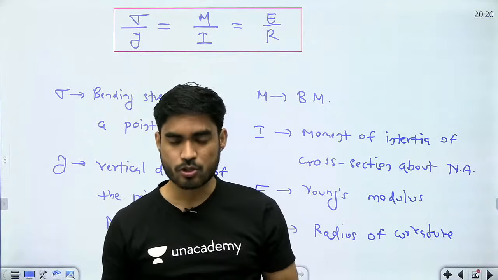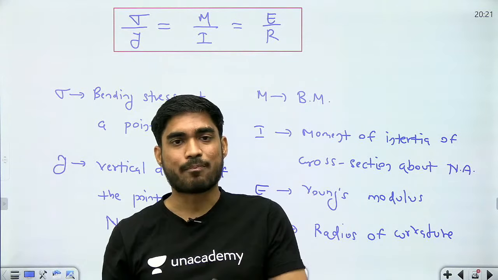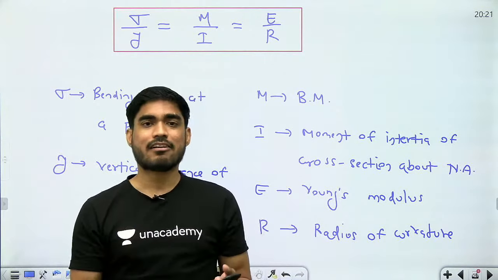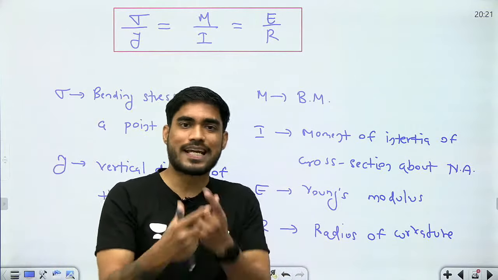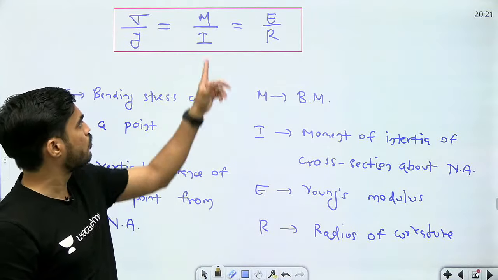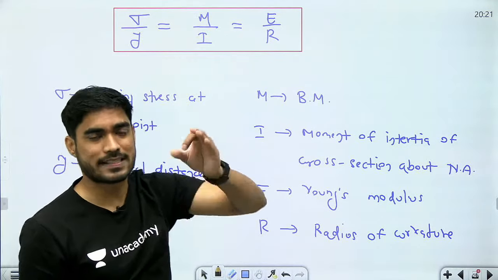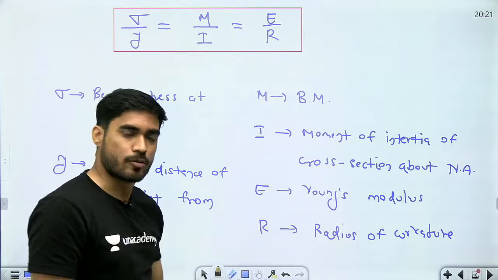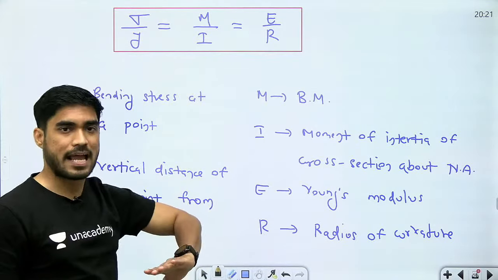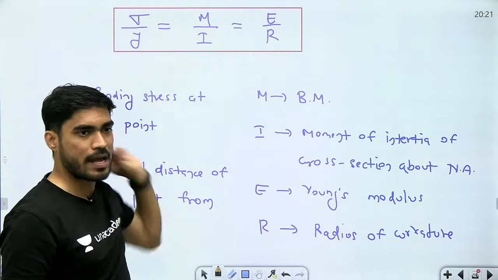लोडिंग कंडीशन मींस you should know how the beam is supported and how the beam is loaded. For example, whether it is cantilever या simply supported. If it is cantilever या simply supported, then whether it is subjected to point load, UDL or UVL, how the beam is loaded. Why do we need to know that? Because then only you will be able to calculate bending moment. In order to calculate sigma, you need bending moment, right? So beta, in order to calculate bending moment, you need the loading condition. तो या तो loading condition पता है, तो I will calculate bending moment and then I will use this relation sigma by y equal to M by I.